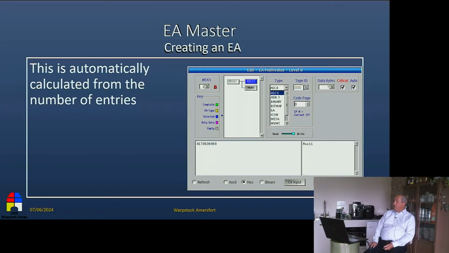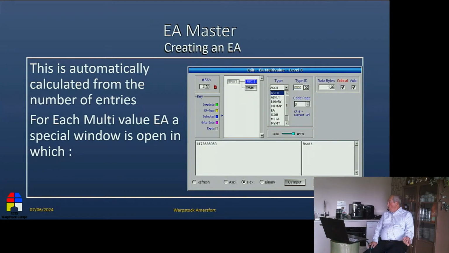But basically, the multi-value, multi-type, it says it, in this value you can have multiple types of EAs. So for example, here we start putting in an MVMT EA. We said there are going to be two EAs. This first EA, we now have to fill in the data for that EA.